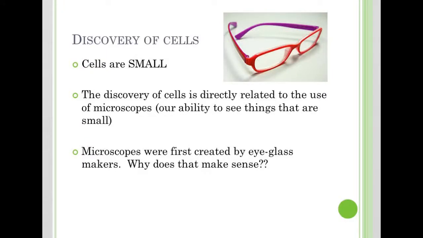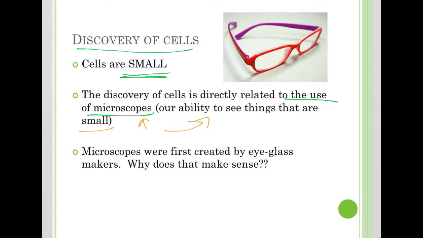This video is going to cover some history of the discovery of cells. As you know, cells are really small, and so the discovery of cells is directly related to the use of microscopes, which is basically related to our ability to see things that are really small. We didn't know about cells really until we could see really small things, and we did that with the use